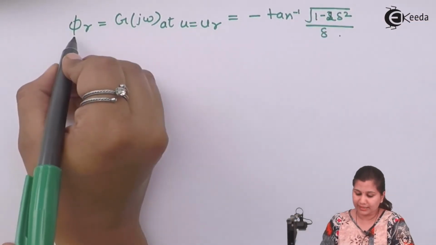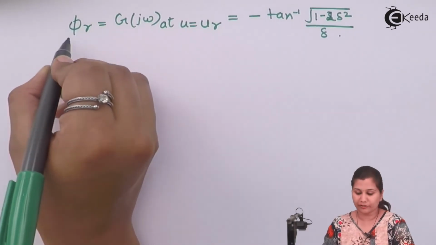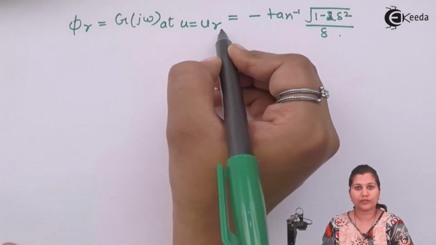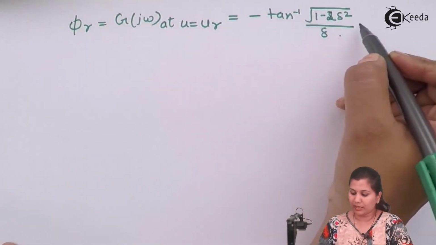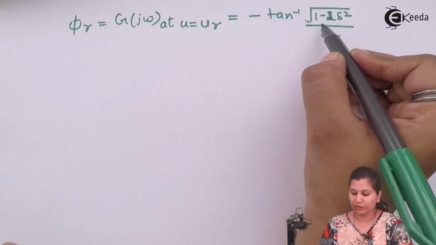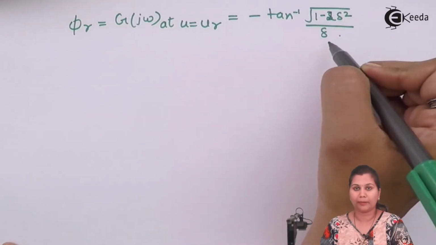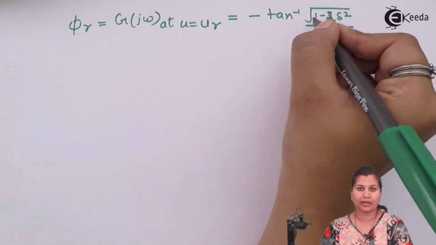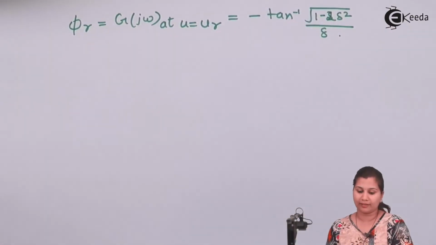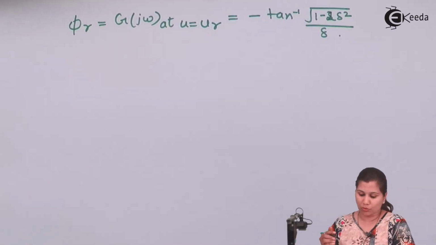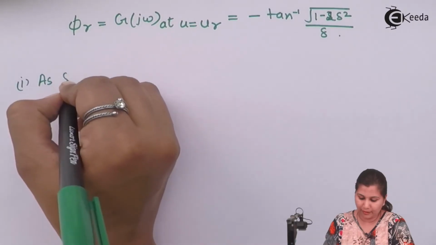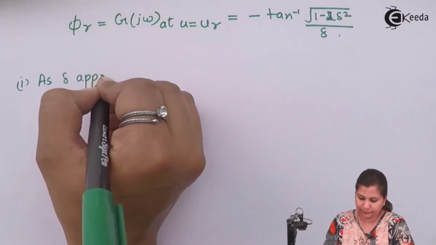So this is the phase angle, or we can say the resonant phase, of G(j omega) at u equals ur. This comes out to be minus tan inverse of under root 1 minus 2 del square upon del. The difference is only that of this factor between the time domain and the frequency domain. So we have various results based on it, and the first is that as del approaches 0,